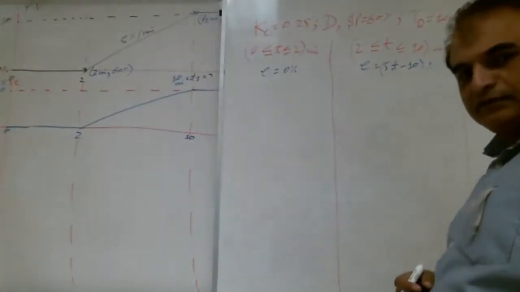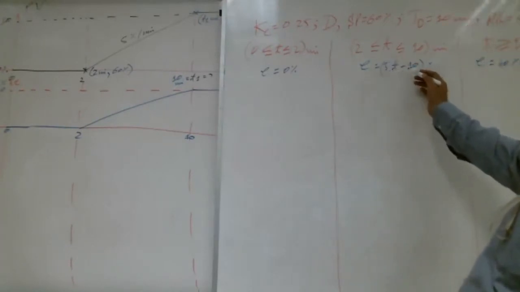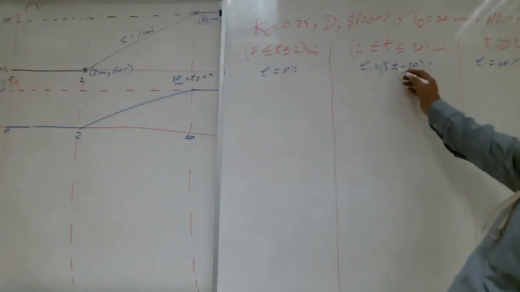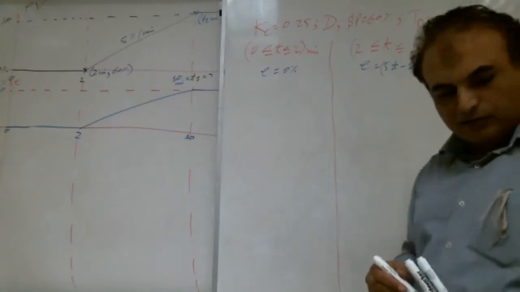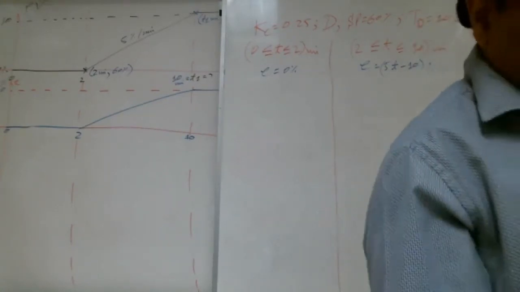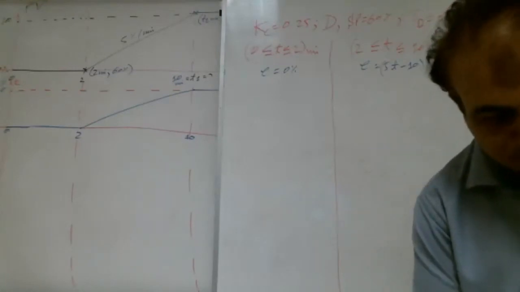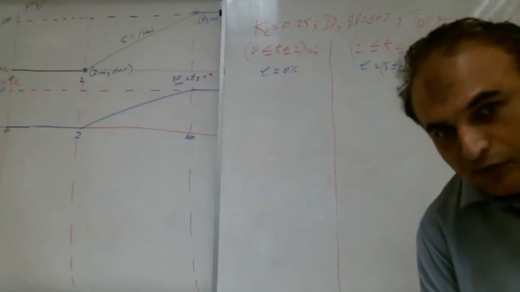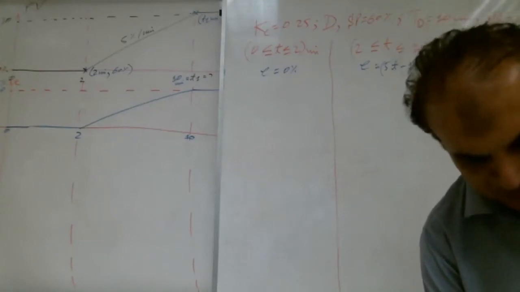Let's verify it. 5t, we put 2, so 10 minus 10, 0. That's good. If we put 10, so 10 into 5, 50, 50 minus 10, 40. That's good. So, brother Ali, tell me your ID. What is your ID? 39190140. That's good. Very good.